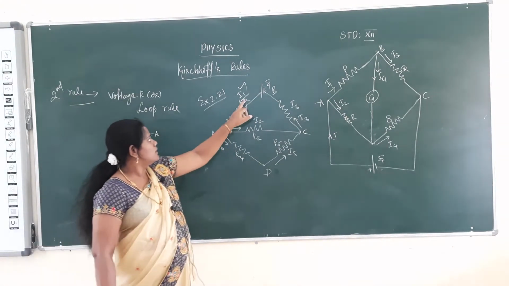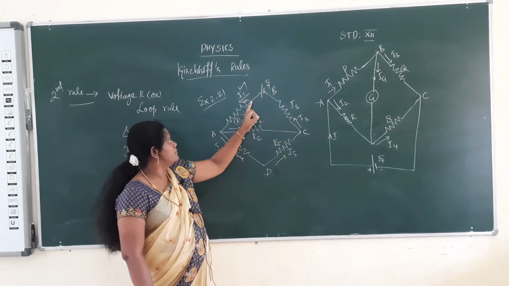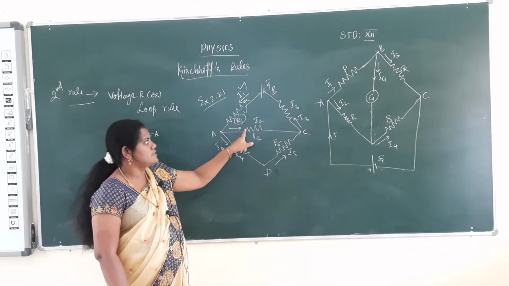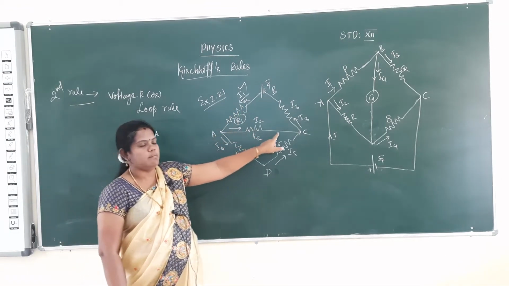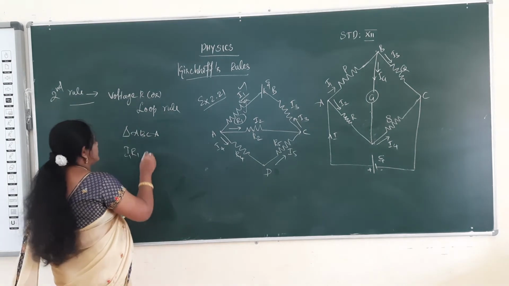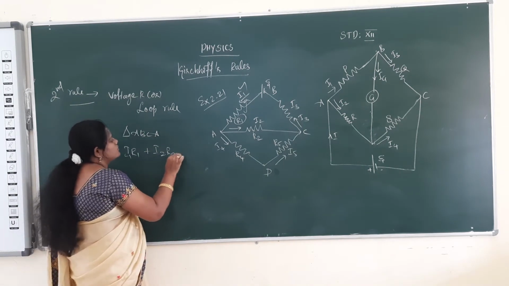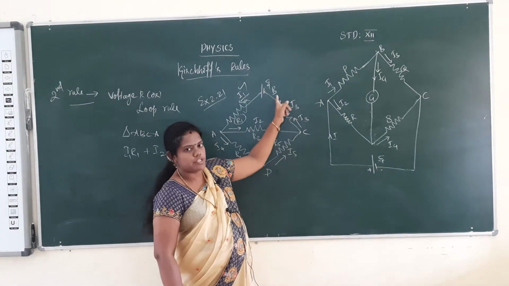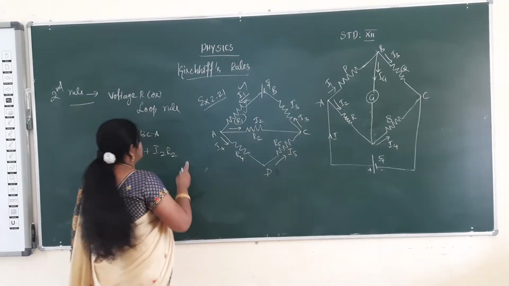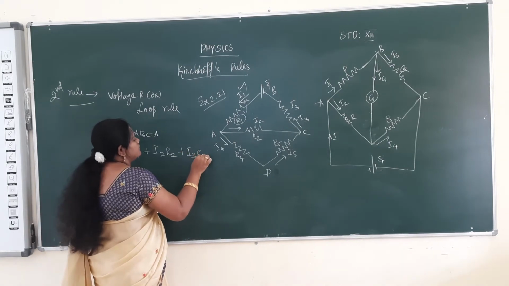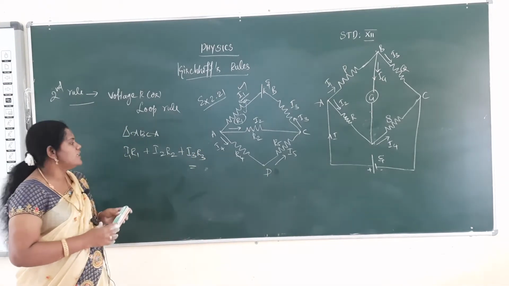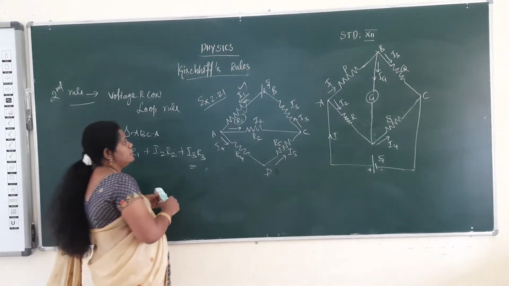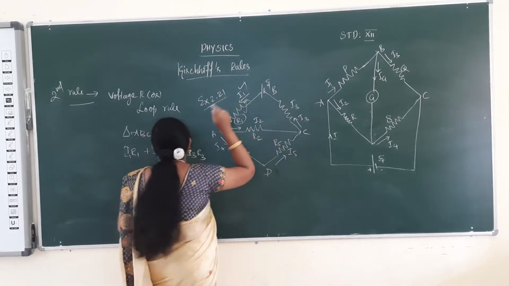And second, we have considered A, B, C, A. Coming from here, the second current I2 continues in the same direction. So I2 R2, and it will meet at junction 3, and then I3 is also moving in the same direction. So I3 R3. The sum of the products of current and resistance will be equal to the EMF of the cell. If we consider B, A, C, B, actually